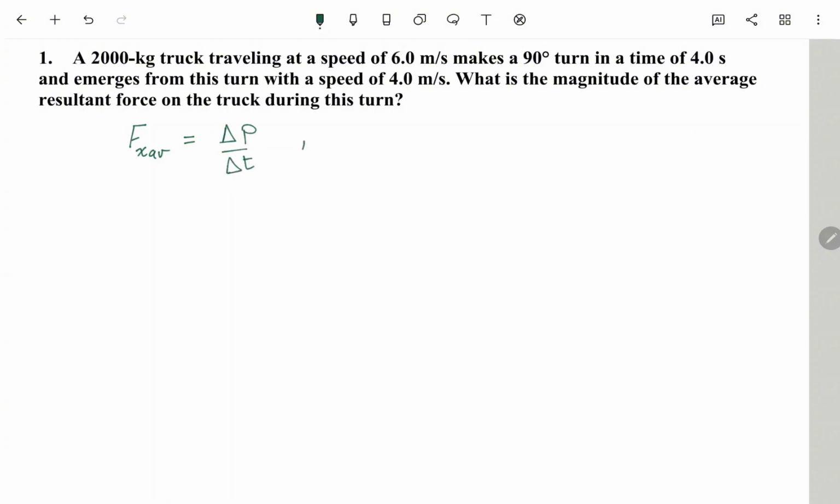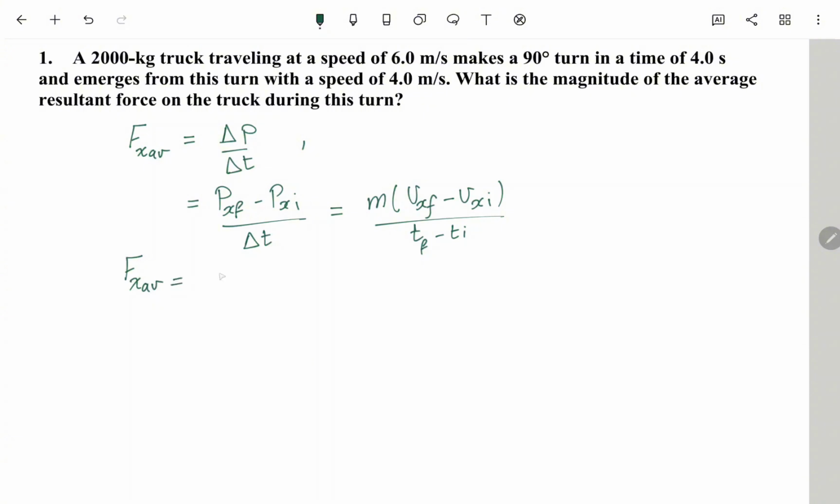Now delta p over delta t is px final minus px initial divided by delta t, or equal to m times vx final minus vx initial over t final minus t initial. So Fx average will be equal to, the mass is 2000